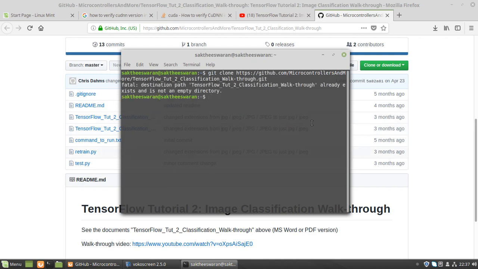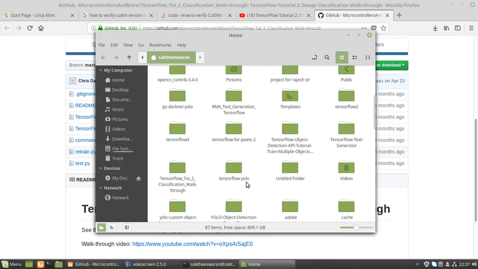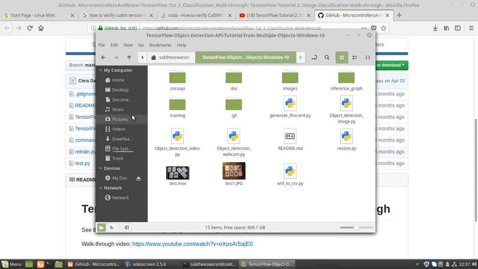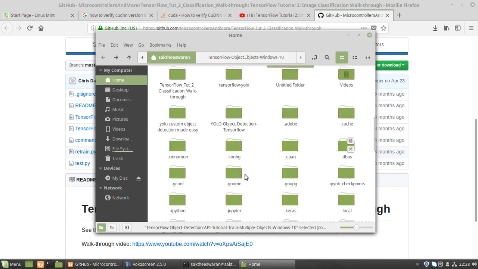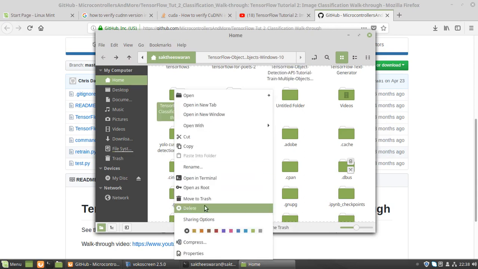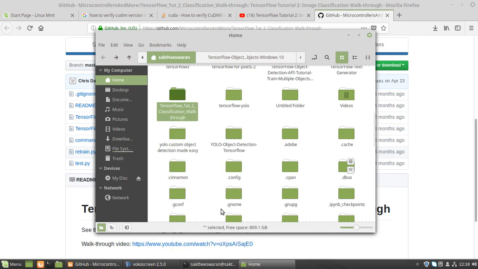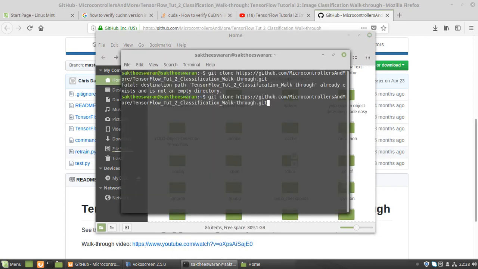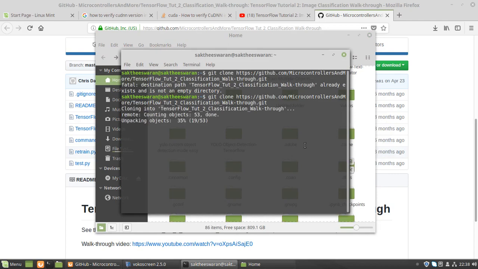The folder already exists, so let me go and delete it for the purpose of this tutorial, and let me do it again. So where is it? It's supposed to be here. So let me delete it, and let me do it again. It is a pretty small file,